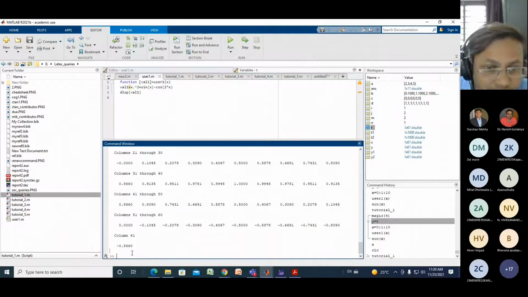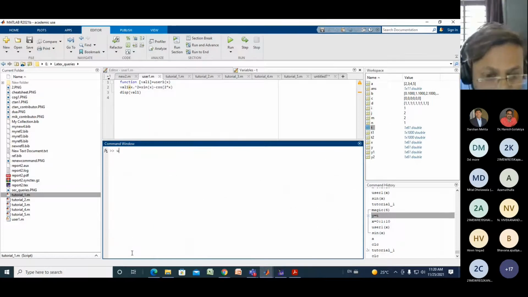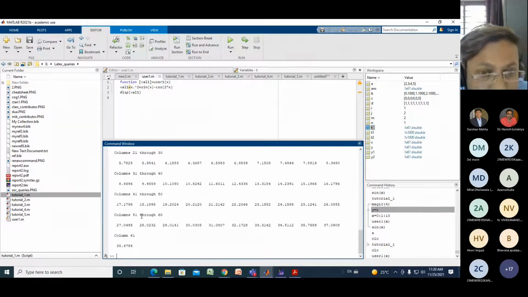Okay, if you write x here, you first need to define the value of x. If you write user1 and you have not defined the value of x, it will ask for a value. We have already given the value of x, so it will take the value of x by default and calculate user1.